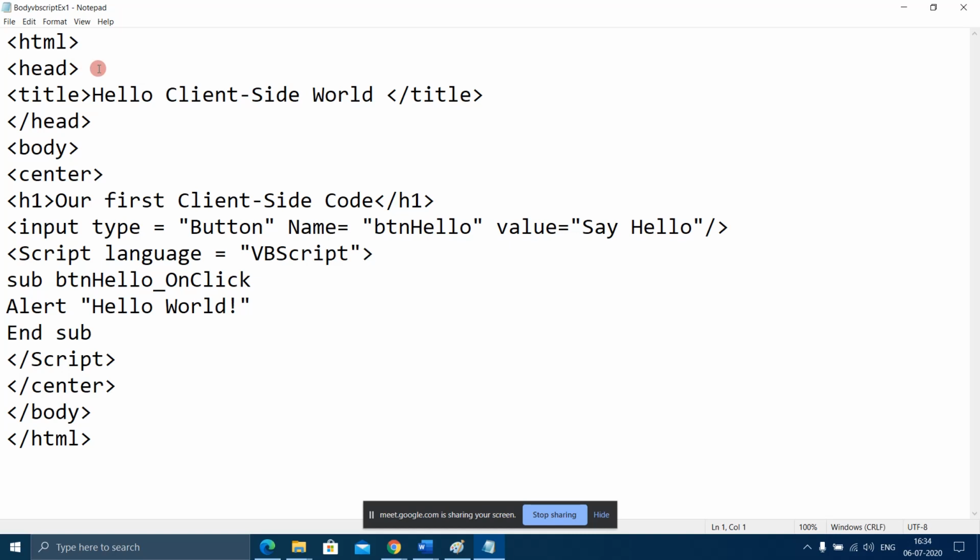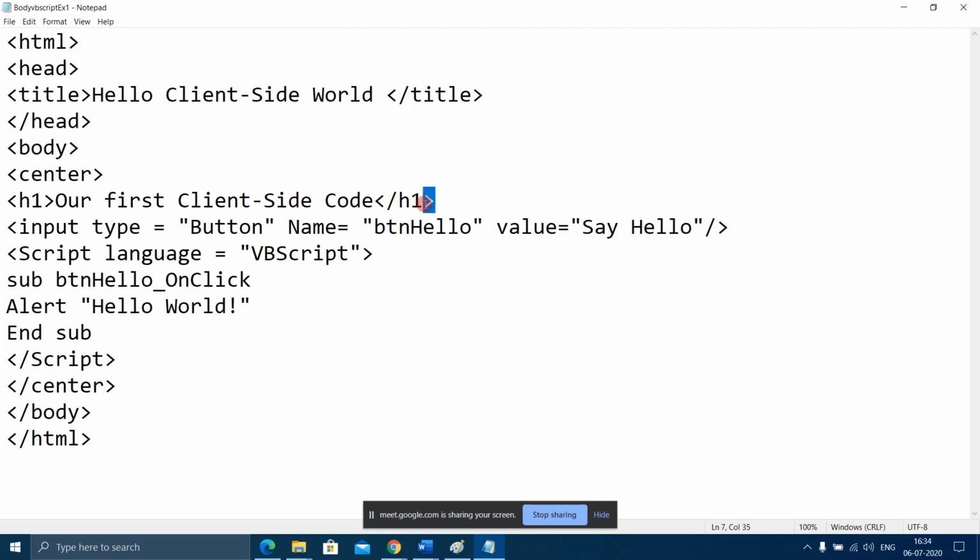I have already shown you this example, and I am just revising it. HTML, head, title, and this is the title of the web page. Head close, body, center tag, you know, to align the contents to the center. H1 tag also, our first glance at the contents.